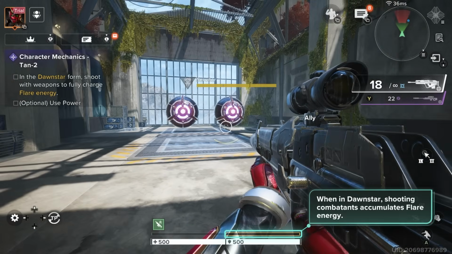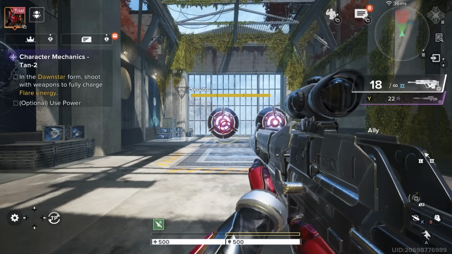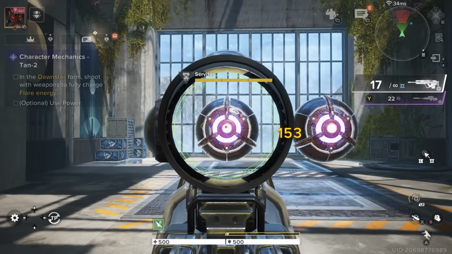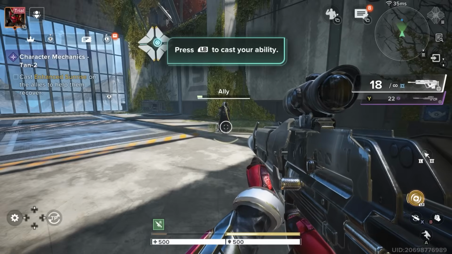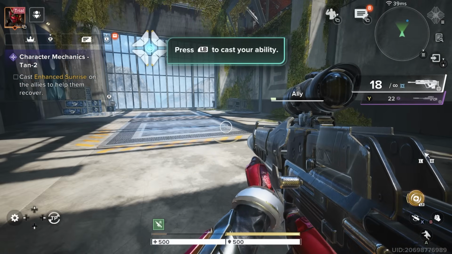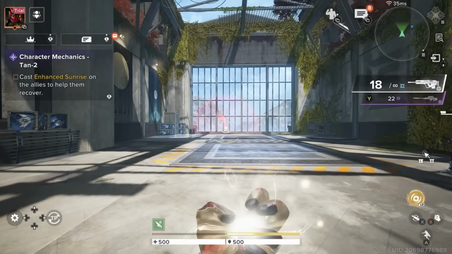So we are currently in the Dawnstar mode. So when we shoot these combatants, as you can see, the meter down here at the bottom is going to fill up. And now we can throw our healing grenade. You can either tap LB or you can hold it down and you can kind of guide it with